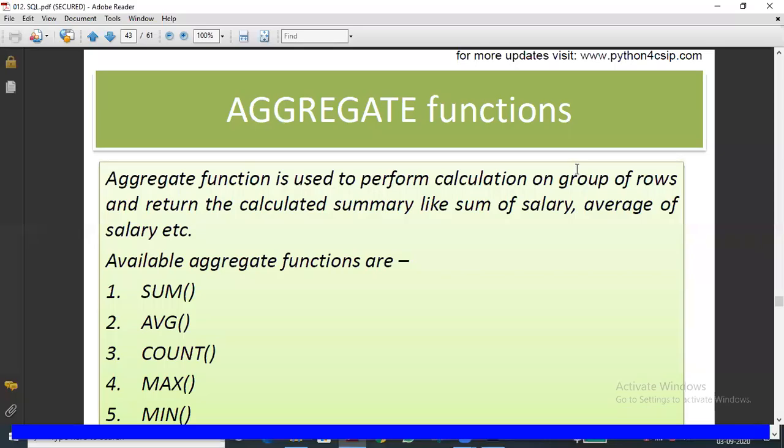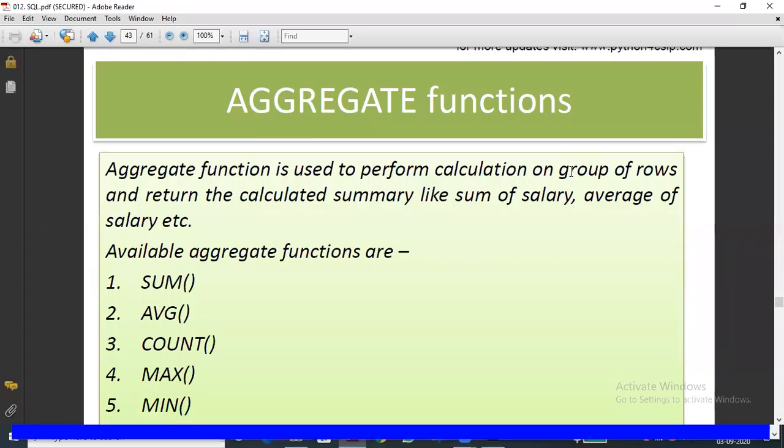So in this class also we are going to discuss the aggregate functions. Okay. So aggregate function means basic calculation. A calculation function is called an aggregate function. Let me see some aggregate functions in SQL.